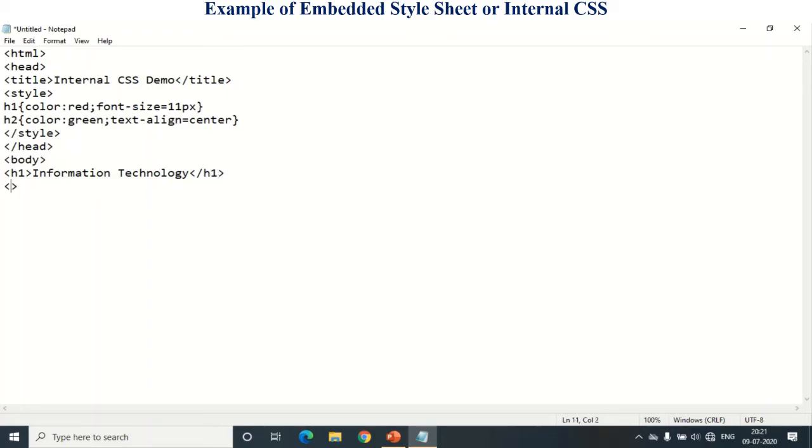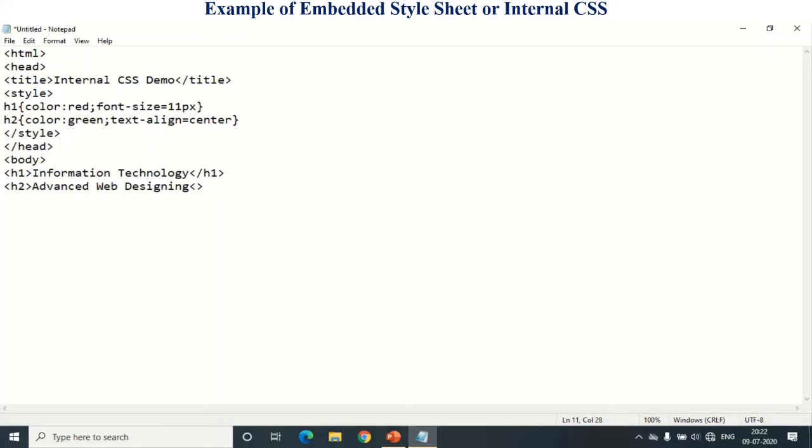Next, I want to use here H2. So what are the properties of H2 here? That is color is green and text align is what? Center. Yeah. So H2. So I want to print here what? Advanced web designing.